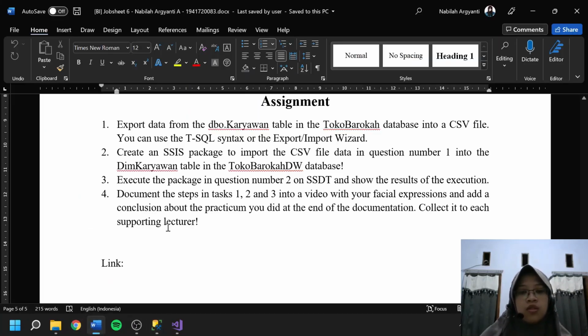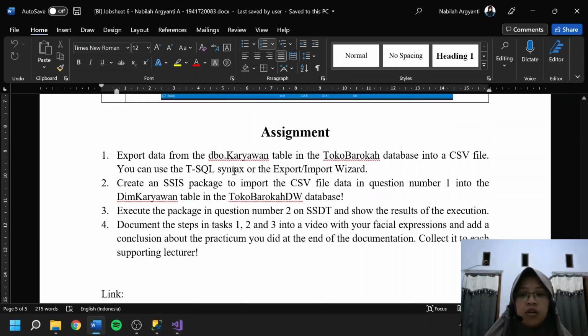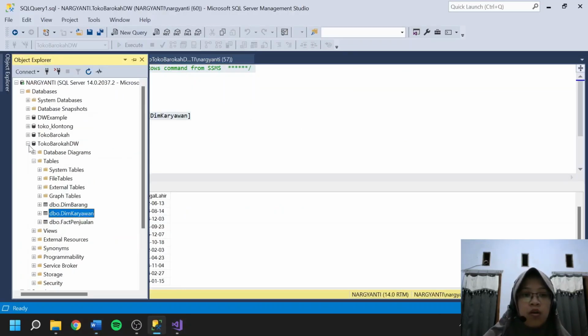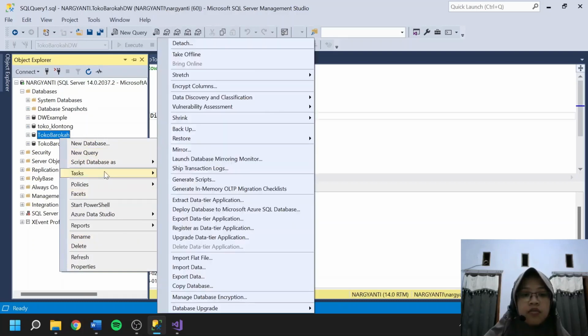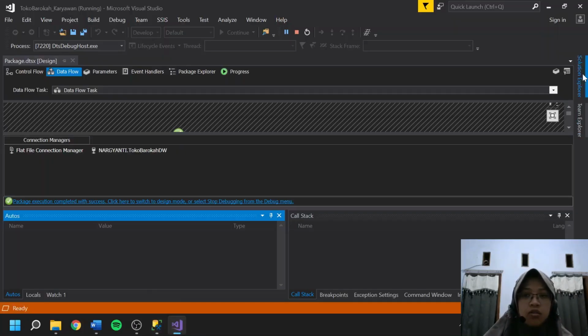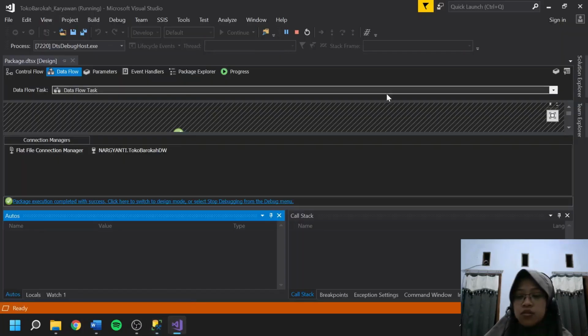So the conclusion of this practicum is that we can export the data from the Toko Barokah database into a data warehouse with the export import wizard. So we can export data with SSMS and then execute the import into the data warehouse with SSIS.